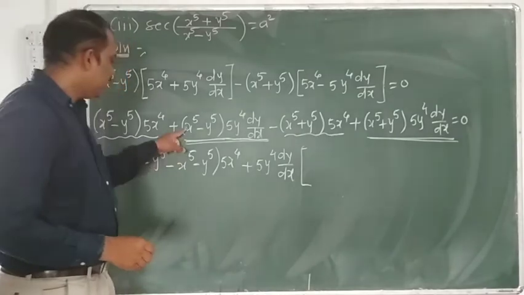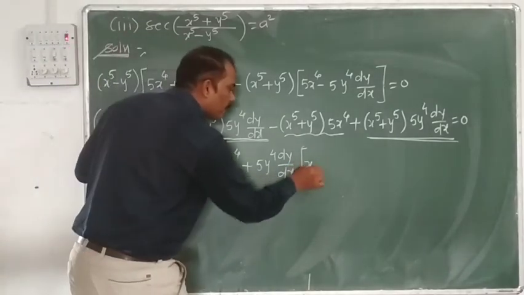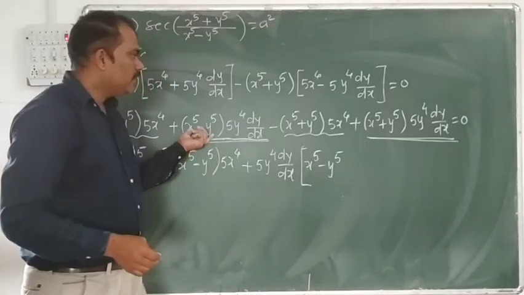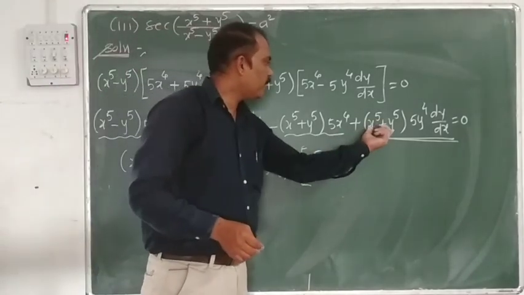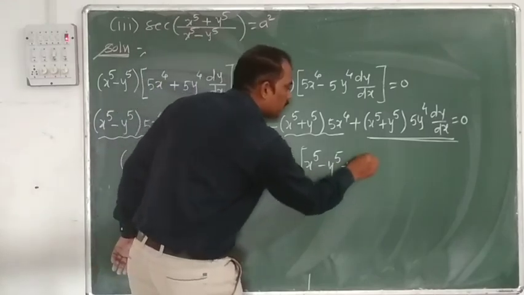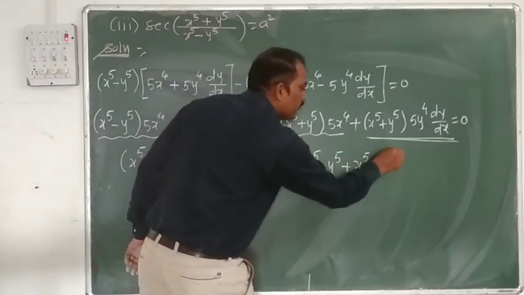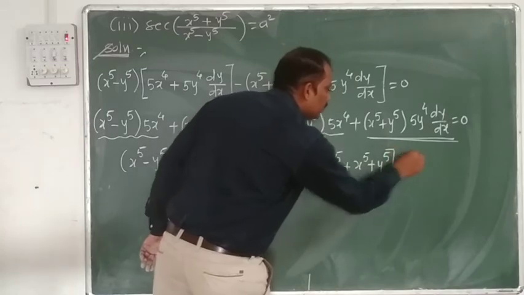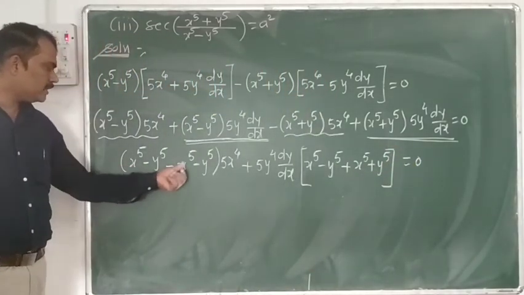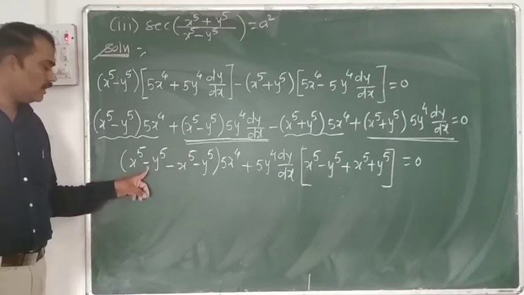What do you have to write? Here remaining only x raised to 5 minus y raised to 5. Okay, here what is the remaining? x raised to 5 plus y raised to 5 plus x raised to 5 plus y raised to 5 is equal to 0. Now see here, plus x raised to 5 minus x raised to 5 get cancelled, remaining only